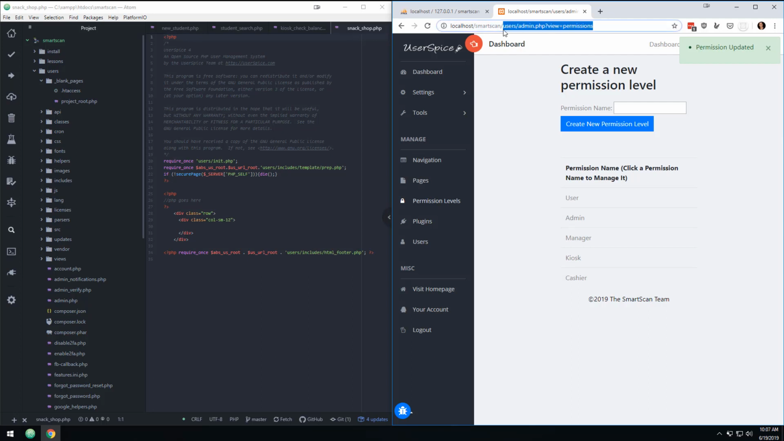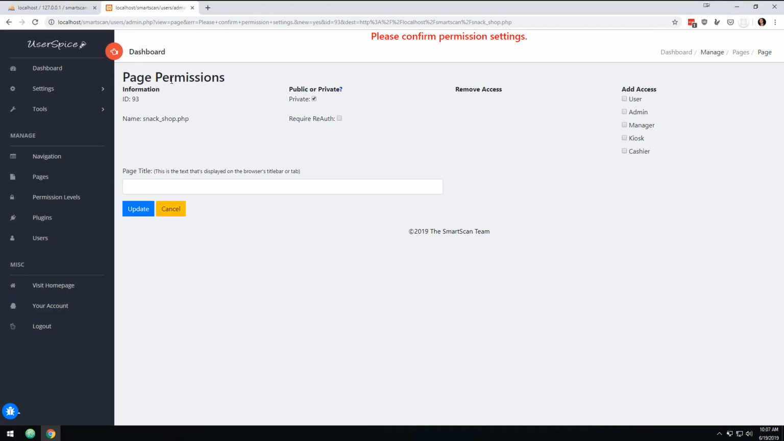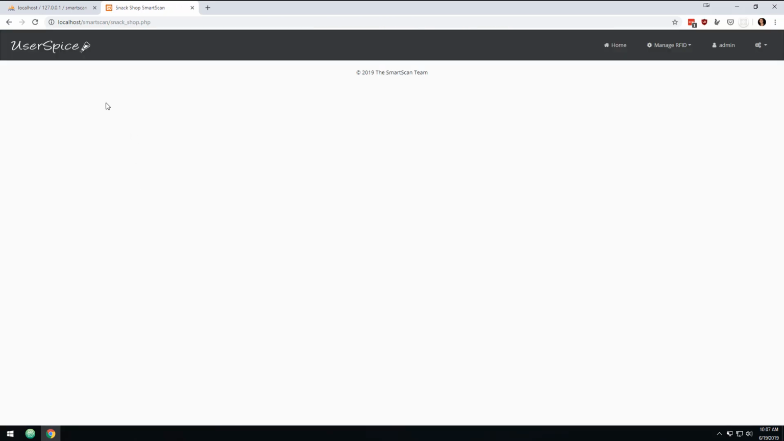So when we come here and visit snackshop.php, we are redirected to this page where we're going to allow admins, managers, and cashiers to access the snack shop. And really, the point of that is if somebody's already a manager, they should be able to access the snack shop. So we're just going to call this snack shop, and this is what you're going to see at the top of the page. And then if we go to snack shop, you'll see it says snack shop right there